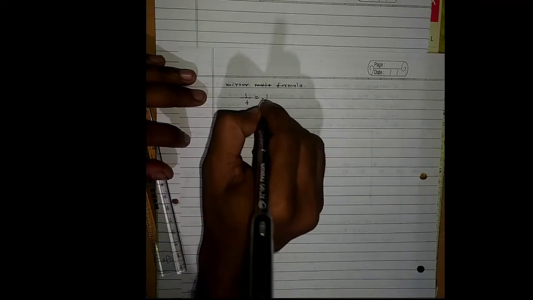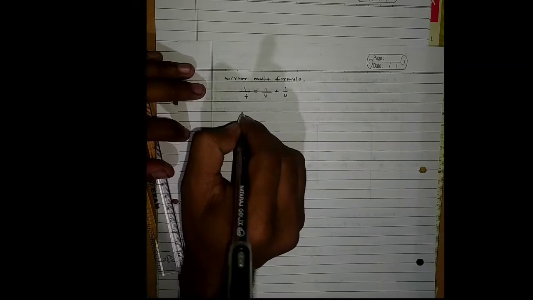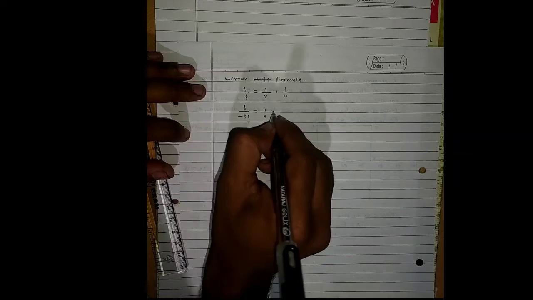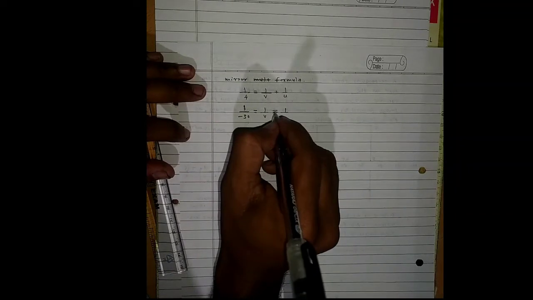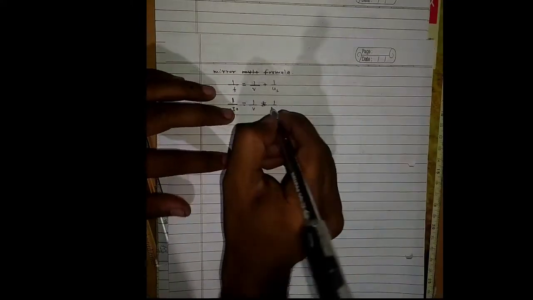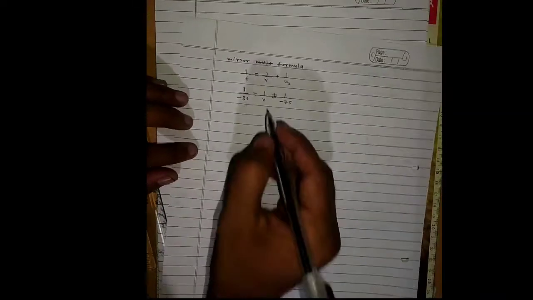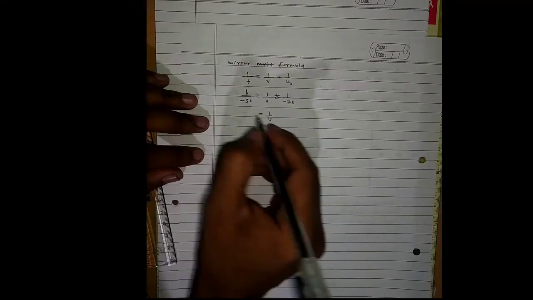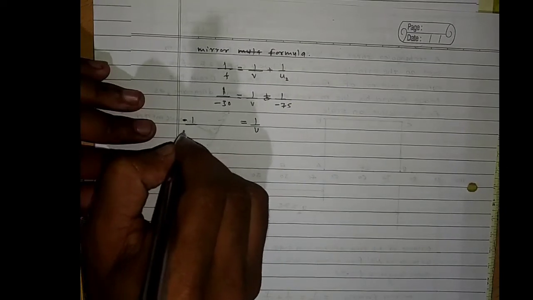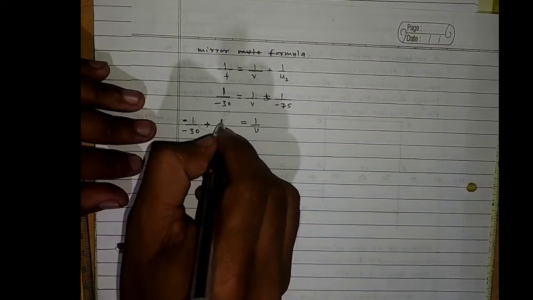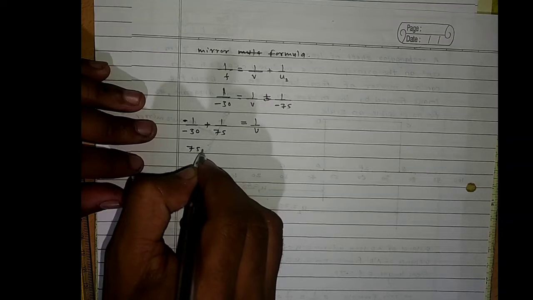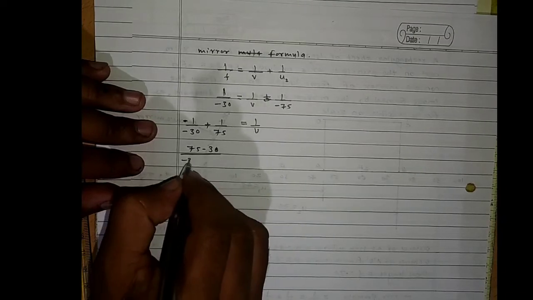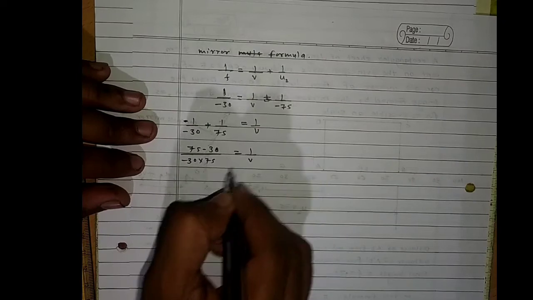1 upon f is equal to 1 upon v plus 1 upon u. Now what is the focal length? That is -30. Then you need to calculate v. Here it is u2, and for this it will be u1. So for u2 it will be -75. I am not going to write in detail, just putting the values. So again keep that 1 upon v on the other side: 1 upon -30, that minus becomes plus 1 upon 75. 75 minus 30, then you have to multiply with -30 into 75, is equal to 1 upon v.